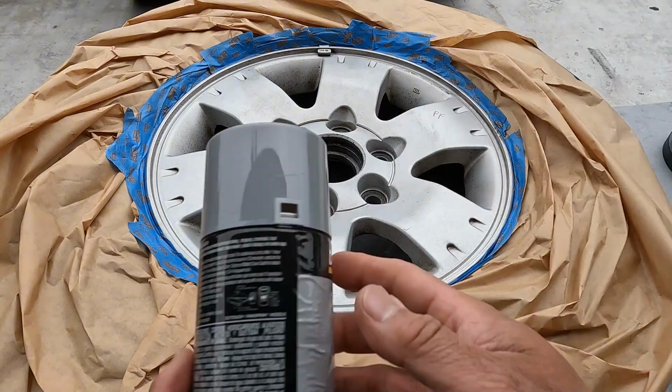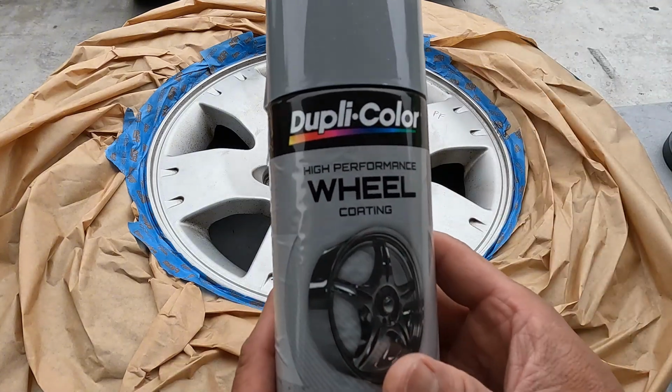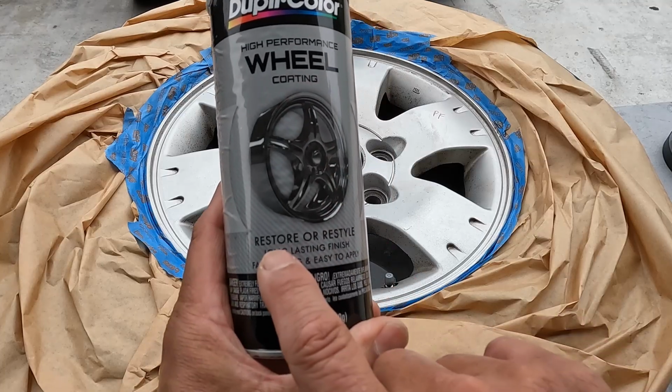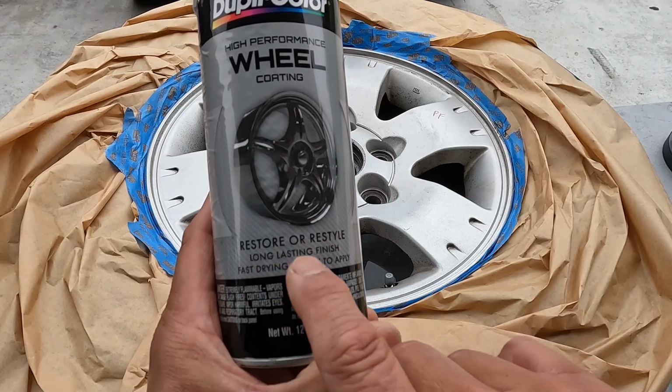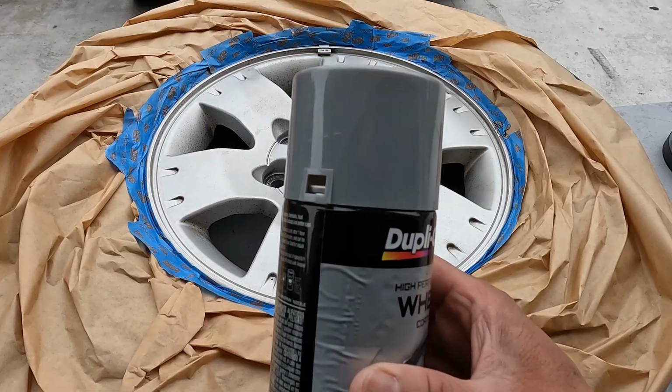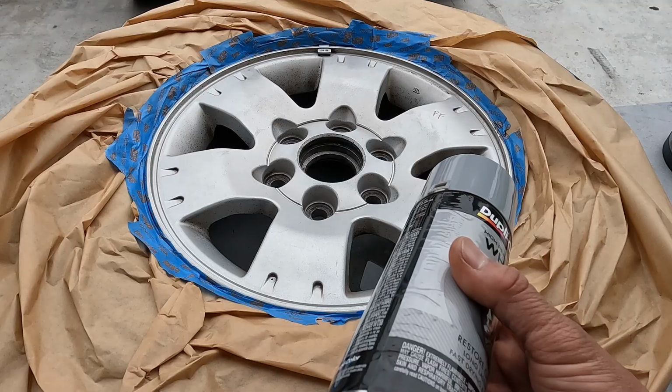All right, so we're using this stuff here. This is the high performance wheel coating, restore or restyle, long lasting finish, fast drying, easy to apply. So we're using this stuff. I got this at O'Reilly's,